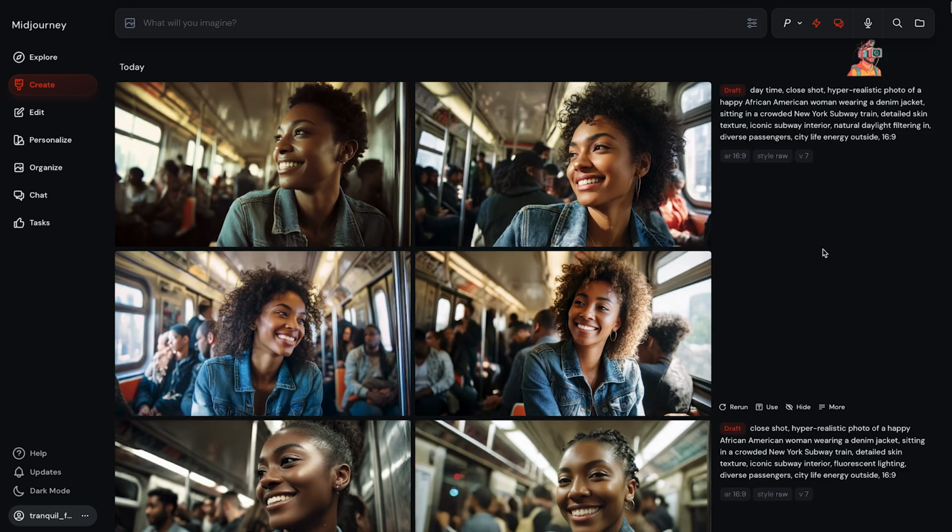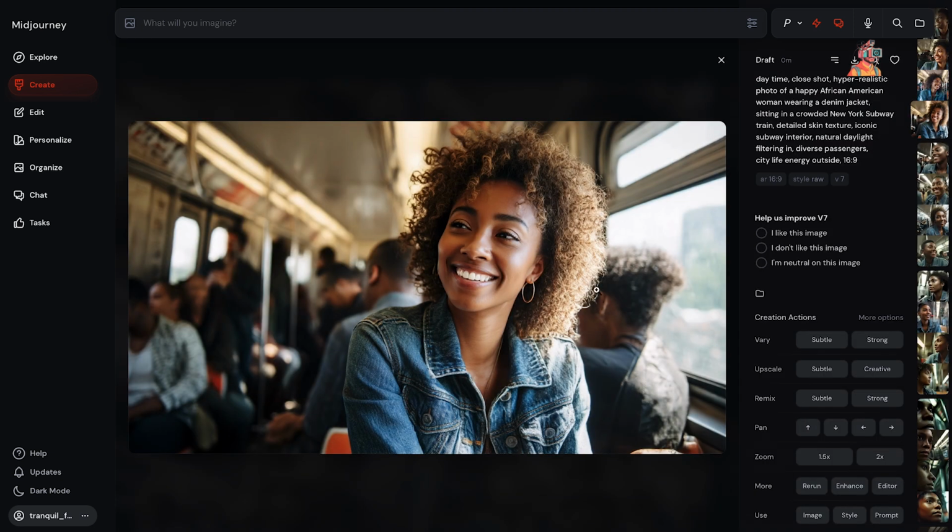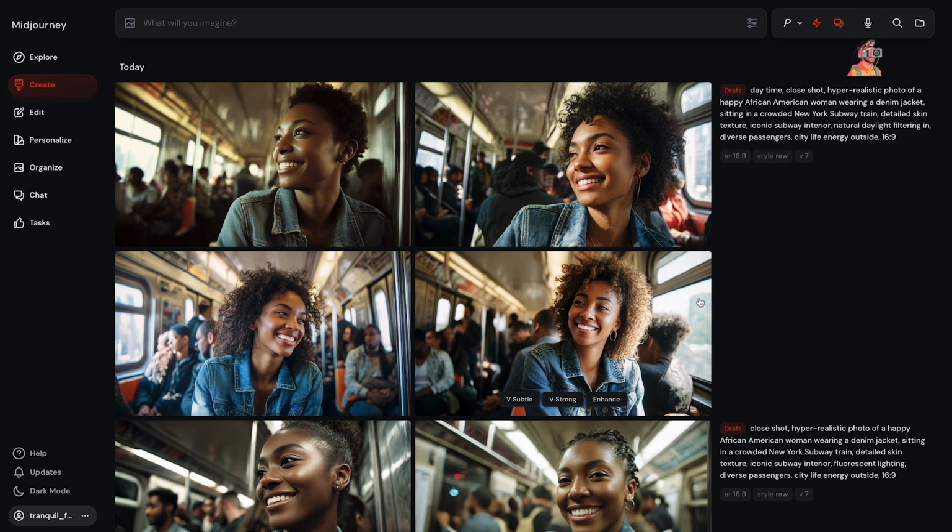All right. So now, let's say we are quite happy with this particular image. Now, when we are in draft mode, like I said earlier, we are sacrificing on quality, right? So, not everything about the image would be perfect. So, when you're in draft mode, you get this extra option of enhance. So, what this is going to do is whatever image that you like and hit enhance, MidJourney is going to run it through the new version 7 model. Okay. So, when we hit enhance,